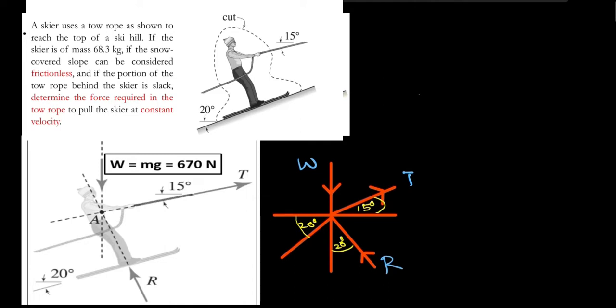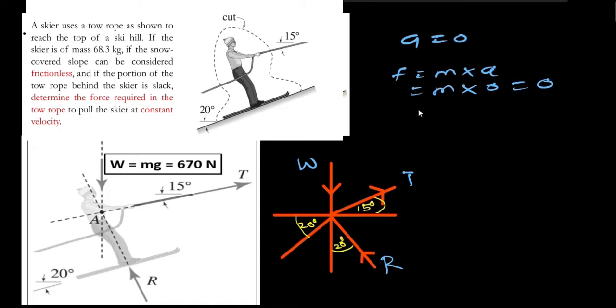So you have to determine the force in the tow rope, which will cause the skier to move at a constant velocity. What this means is that at constant velocity, acceleration equals zero. That means force will also be equal to zero, because force equals mass times acceleration. So if acceleration equals zero, then force equals mass times zero, which gives us a force equal to zero, telling us that the object will then be